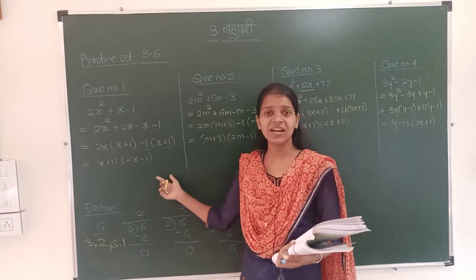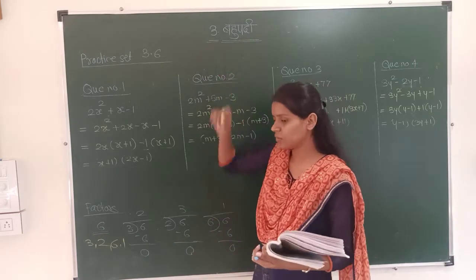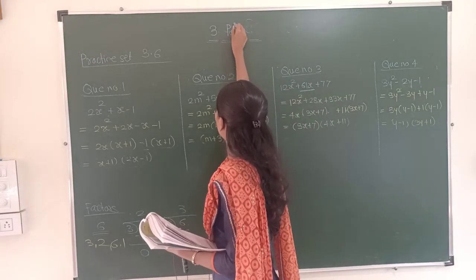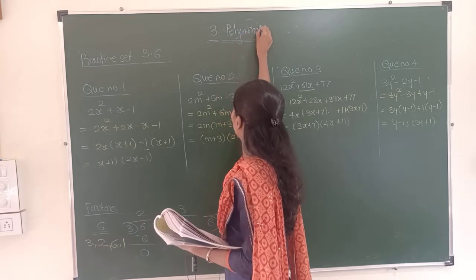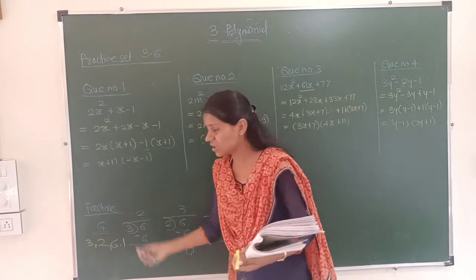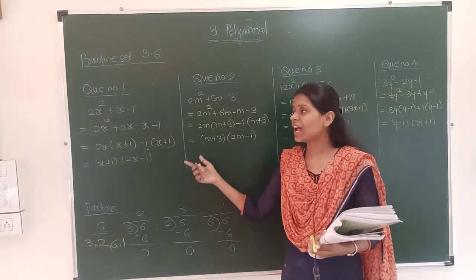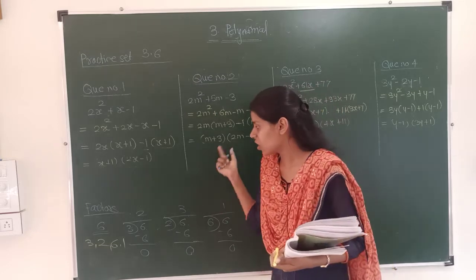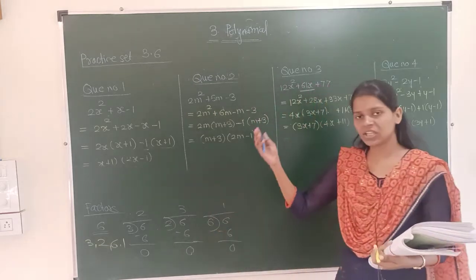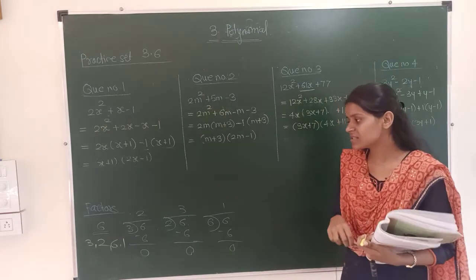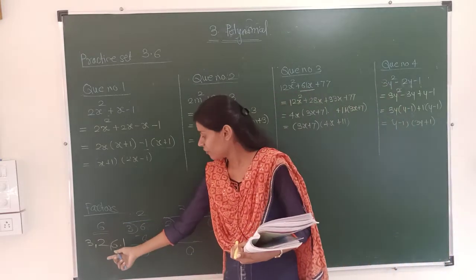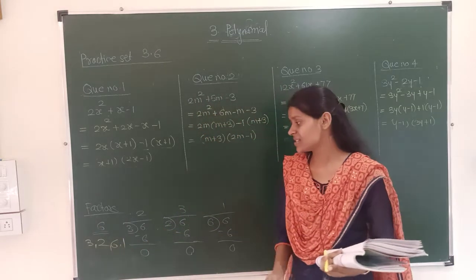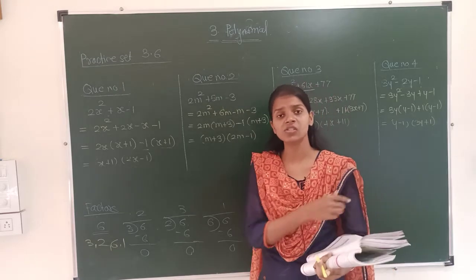But what we are learning is the chapter polynomials. So is the factor supposed to be a number? No. If we are finding the factors of polynomials, then the factors must be polynomials. There should be smaller polynomials compared to the given polynomial. But if we are looking at the number 6, the factors are also numbers, also digits. Why are these the factors? Why are we saying 3, 2, 6 and 1 are the factors of 6?